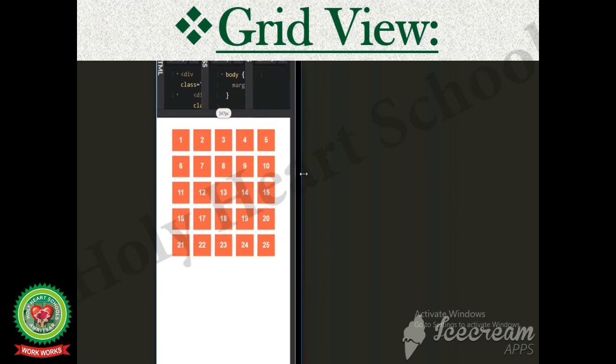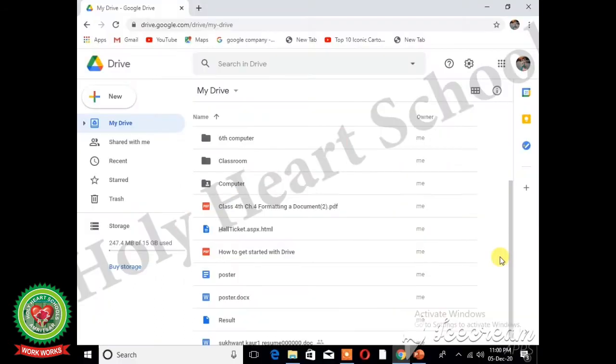Now let's see it practically. Students, this is the default view of your files and folders in Google Drive, that is list view, which is displaying application icons on the left side and other details such as owner of the file on the right side. And this is the grid view icon.